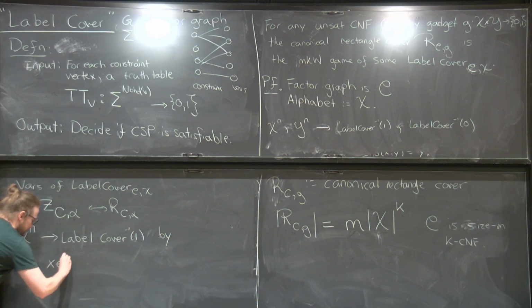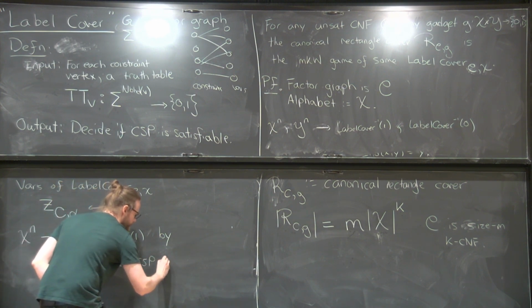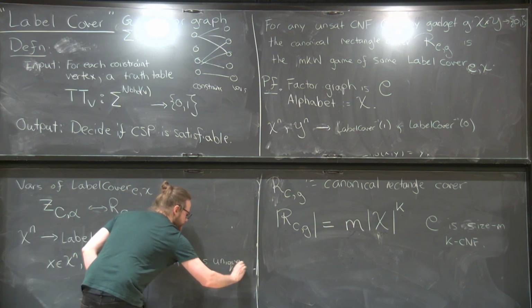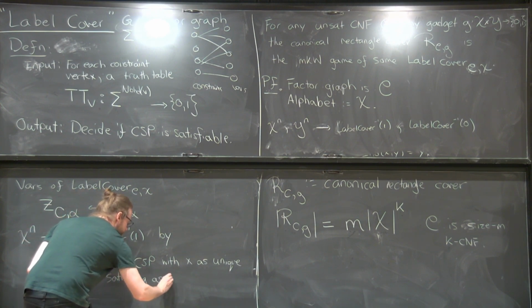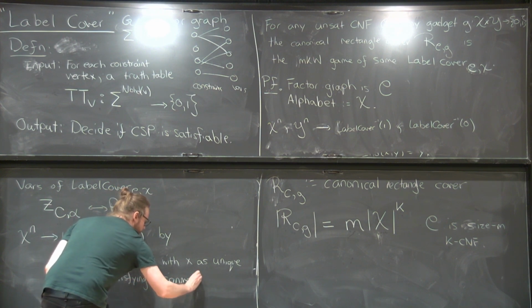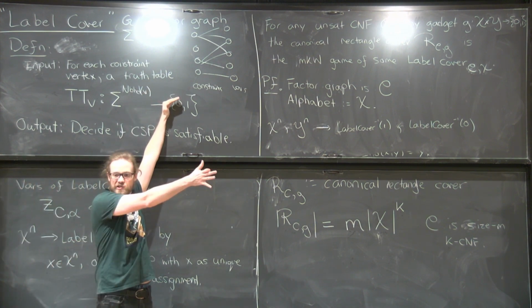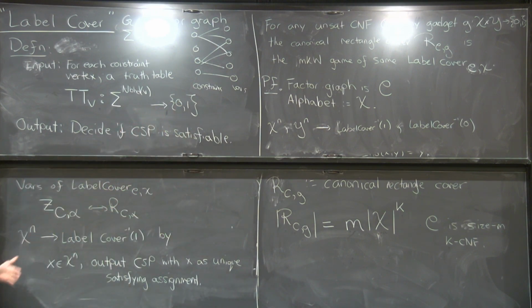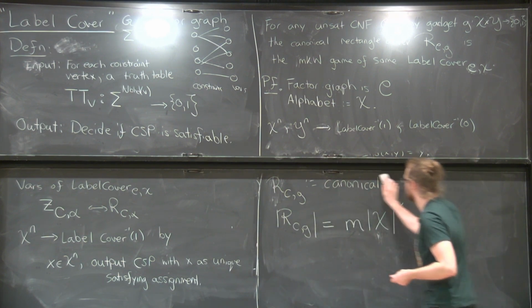So if you're given an input x, we output the CSP with x as its unique satisfying assignment. So what do I mean by that? We'll just take x, plug it in for all the variables, look at the constraint at its local guys, and that will be the only one that we'll set in that constraint. And it's easy to see that this will be the unique satisfying assignment. Okay? So that's the ones. The zeros are a little bit more complicated, but not too bad.